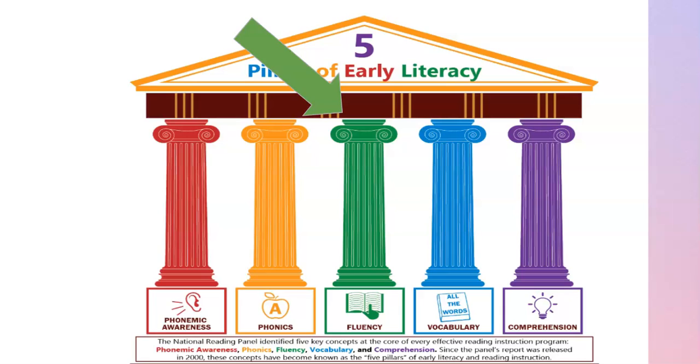It's the big 5 skills of early literacy. These start here with phonemic awareness. Phonemic awareness is the ability to hear and understand that words are made up of individual sounds. Once children understand that, they can move to phonics, and that's where we take those sounds and link them to a symbol or a letter. This is where we build in syllable knowledge. We're able to decode words, rhyming words, building on up to any type of